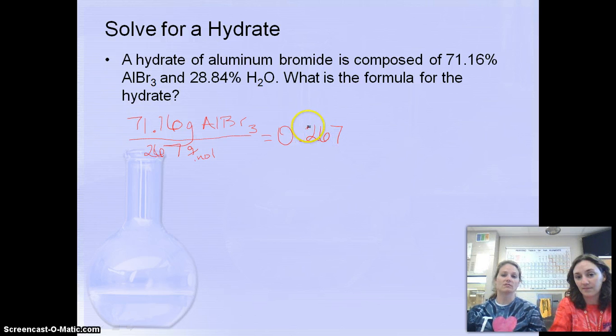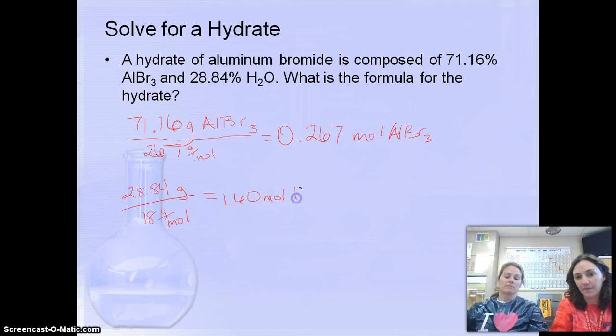0.267 moles of AlBr3. The next thing we're going to do is take the percent of water, change that into grams, and divide by water's molar mass. So 28.84 divided by 18, and we're going to get 1.60